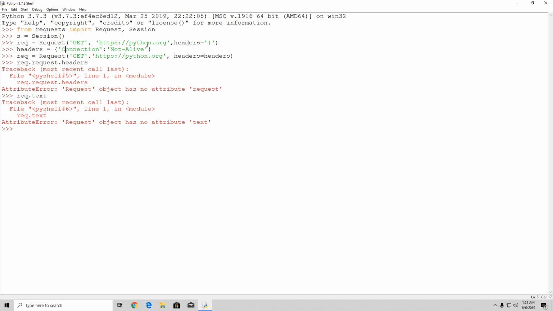Now, of course, you don't really need to change that one. If you don't want to, you can change the URL, you can change the data if you want to, just by simply adding data equals and then specifying your own data if you need to. And basically you can change anything you want. So play around with the headers if you want to, and we will